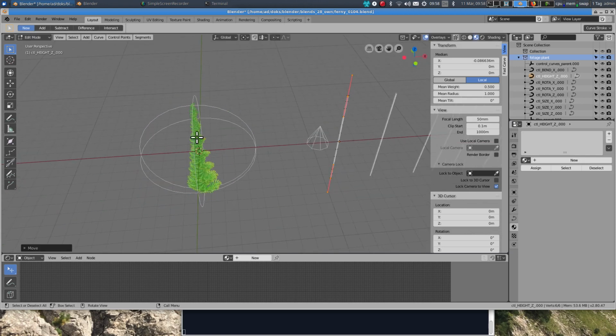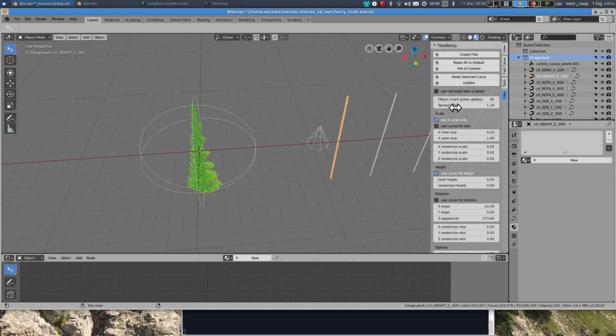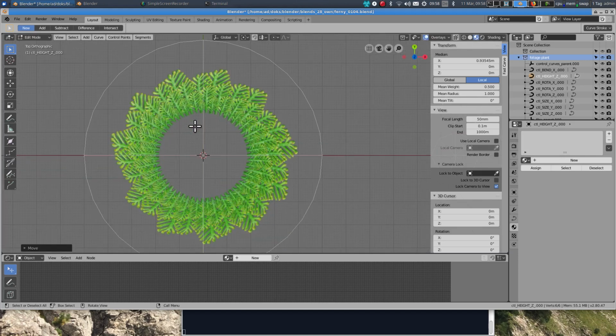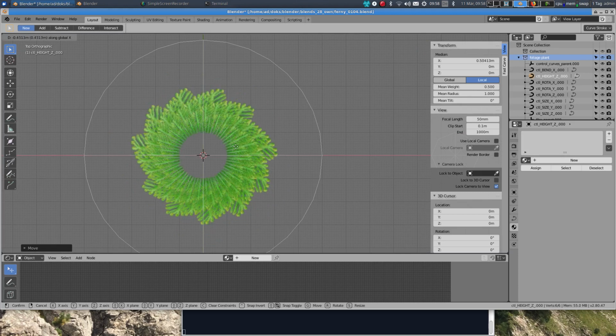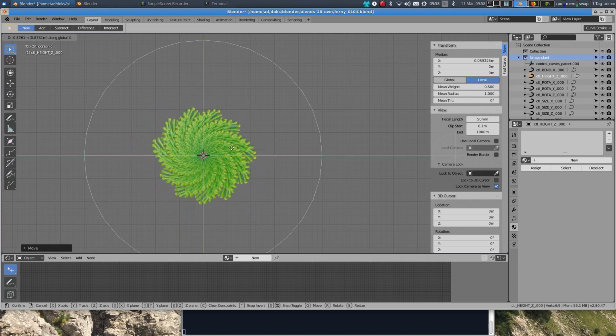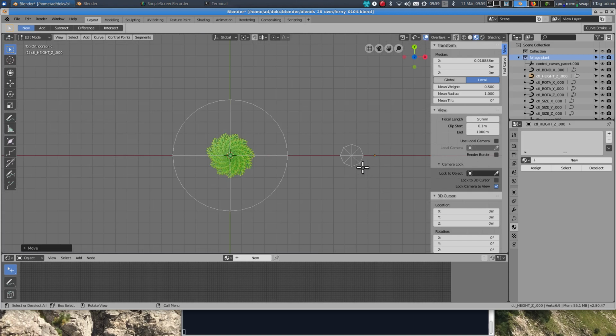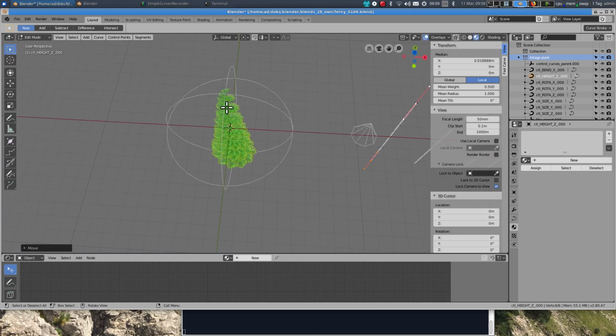And in the control panel I also have the spread factor, and if using curves, it's best to have this at 1 or below 1. So I choose 0.5 for the spread factor, and with the height curve I move it on the x-axis and I go to top view and move the leaves to the center, so they start at the center. Okay. So I select the control curve and move the knots on the x-axis and make the leaves start at